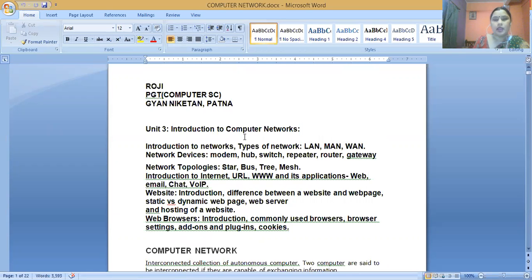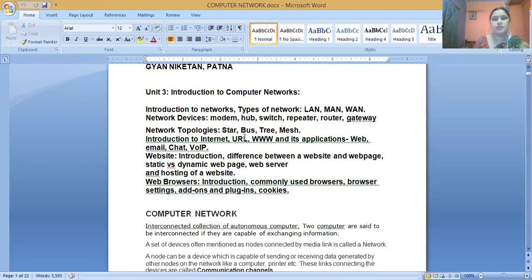First of all, I am going to explain to you the syllabus of computer networking. What is the syllabus? First point, we have to read the introduction of computer networks. What do you mean by computer networks? Second term is different types of networks, that is LAN, WAN and MAN. And what are the network devices? What are the network devices used in computer networking? Next,